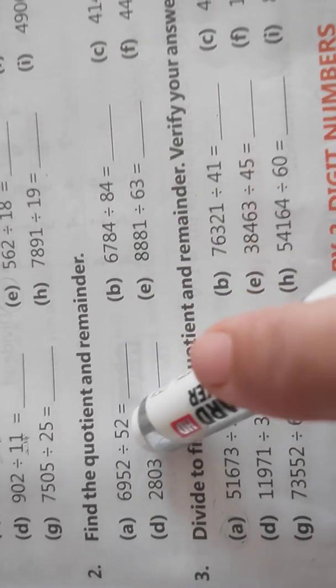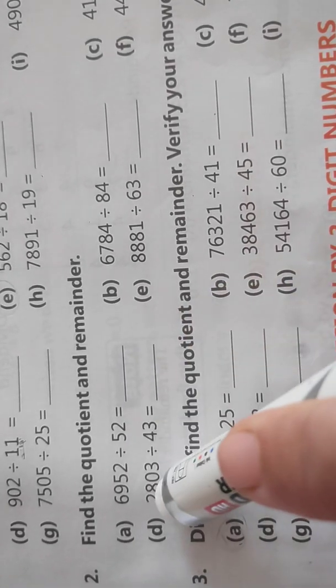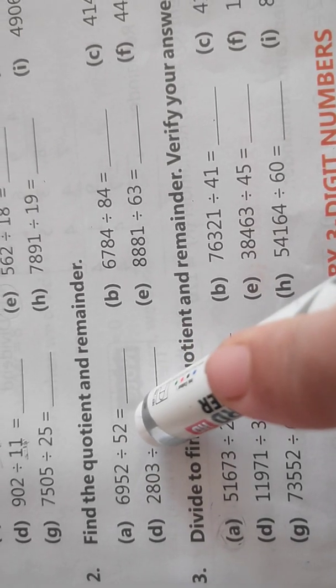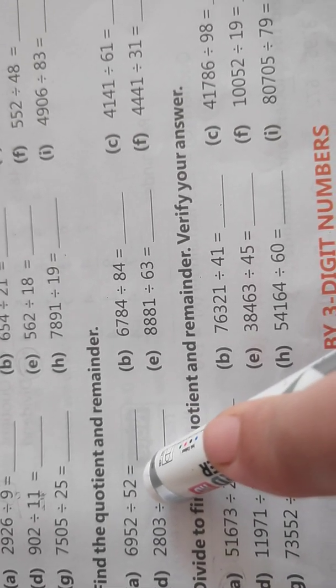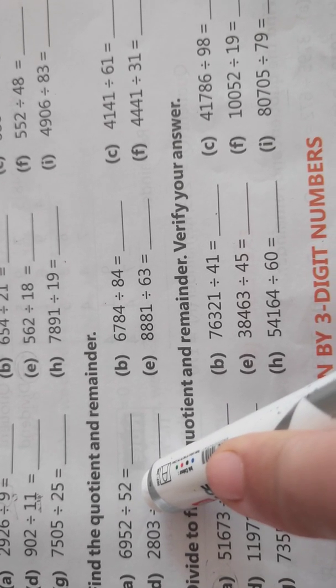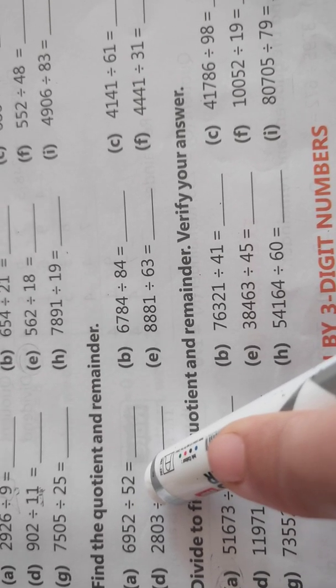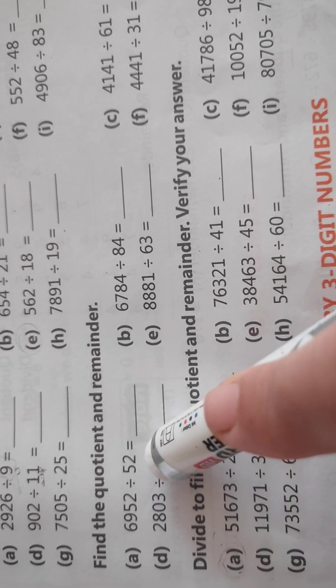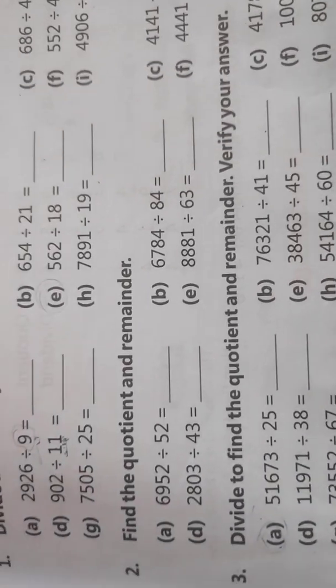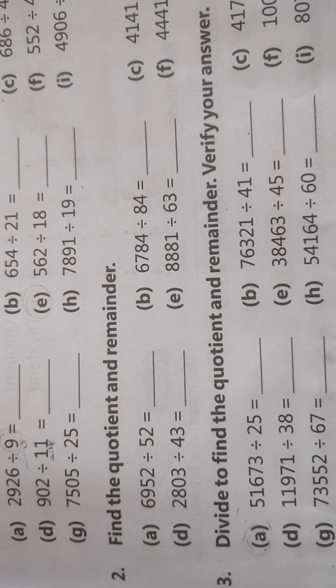Here again the divisor has 2 digits and the dividend contains 4 digits. And here the divisor is more than 20. Up to the table of 20 you have all learned, but here the divisor is more than 20. Then how will you divide it? Yesterday also I explained, and today again I am going to explain. When the divisor is more than 20, how will you divide? If it is up to 20, you can easily read the table and solve it.